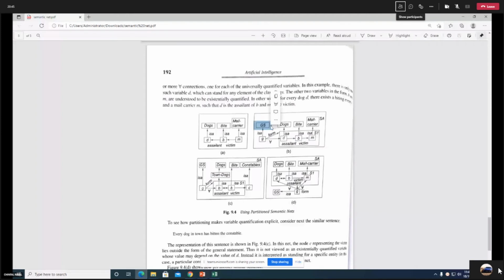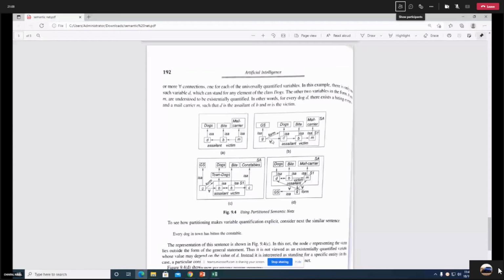We have created its object G. Now there is one arc labeled R which carries the universal quantifier. The arc labeled R is initiated from this G and terminated at D, the object of dog. Why? Because this every quantity is for dog.